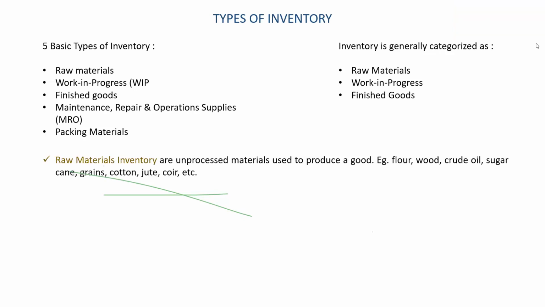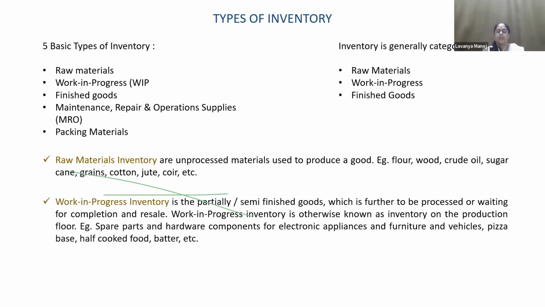Now, as I said, raw materials cannot be directly consumed as they are. Some kind of processing has to be done on them to make them a complete whole product, so that the final consumer or customer can make use of it. Examples are crude oil, sugarcane, grains. And work in process or work in progress inventory is partial goods or semi-finished goods. In the automobile industry, usually work in progress inventory is called spare parts.